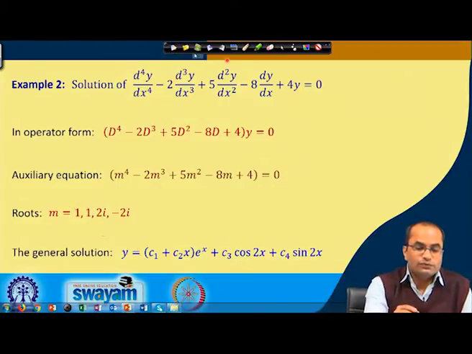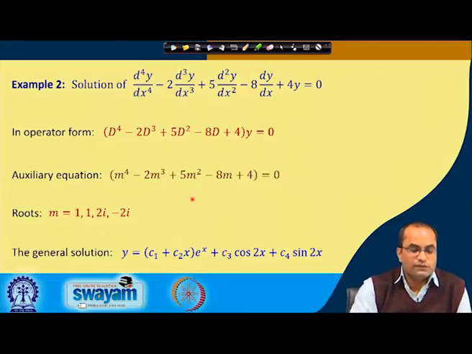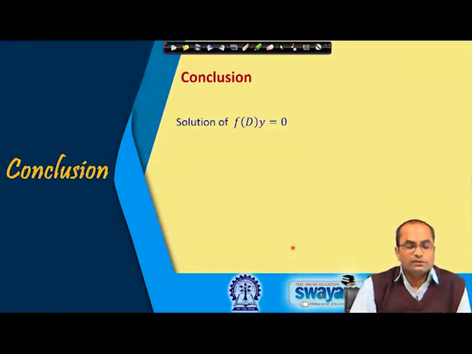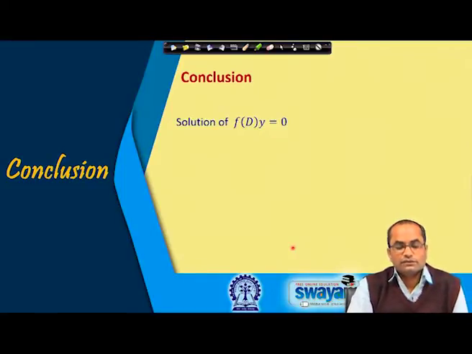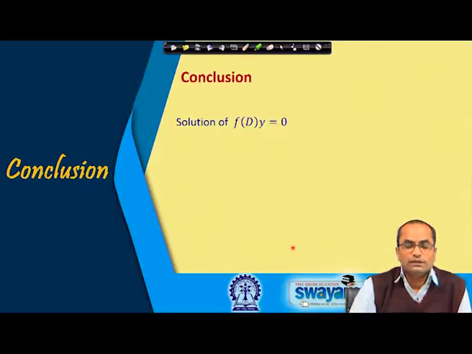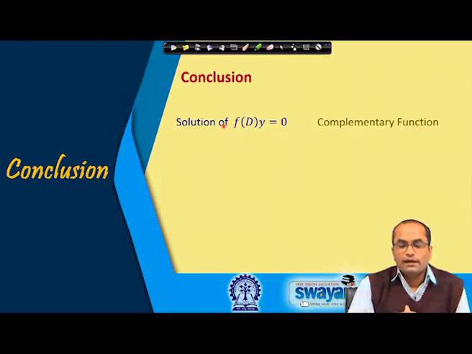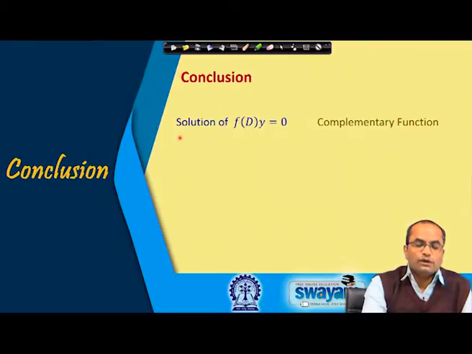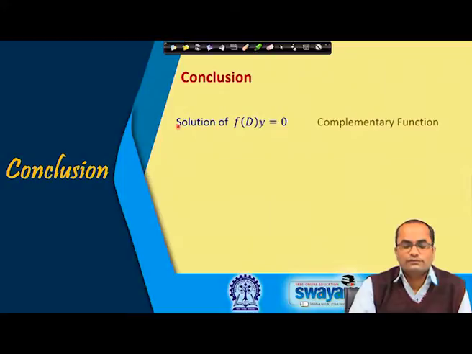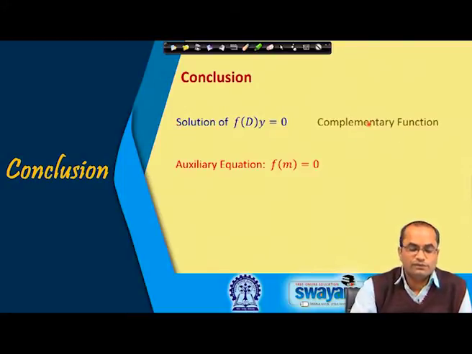So, we have the solution now in this case, when the equation was a fourth order equation, and we will have these 4 constants in the general solution. So, coming to the conclusion, we have today discussed the solution of the homogeneous linear differential equation of this type, F(D) y equal to 0. This F(D) is just for the differential operator we have denoted, and the general solution of this differential equation we call the complementary function.